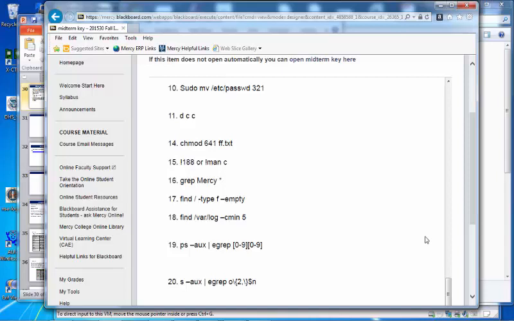Each question here is worth 5 points, right? But for example, true or false type questions, I cannot give you any partial points, right?